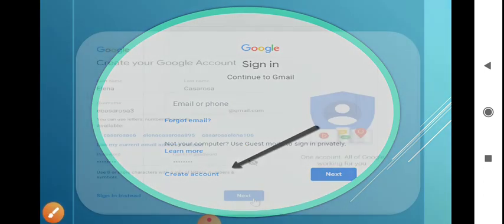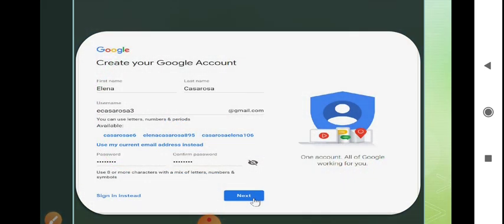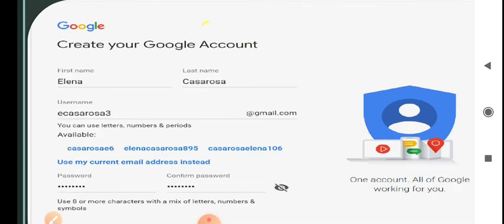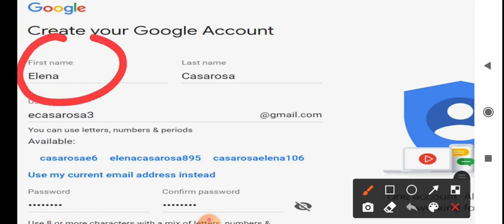Next, you can see one form is there. In that form you have to fill in the first name, like an admission form. Same way here also there is a form. First name, whatever your name is, in which name you want your email. Your last name.